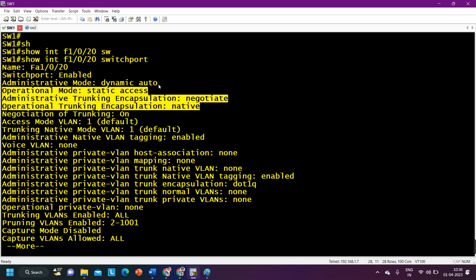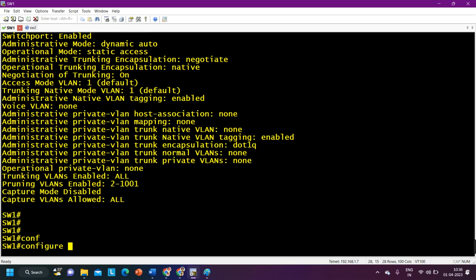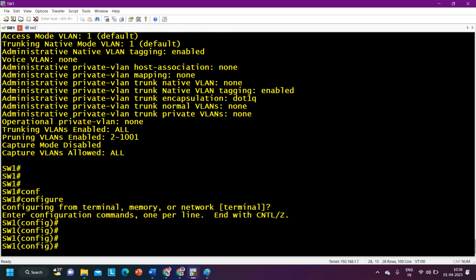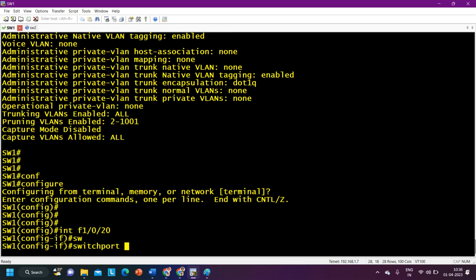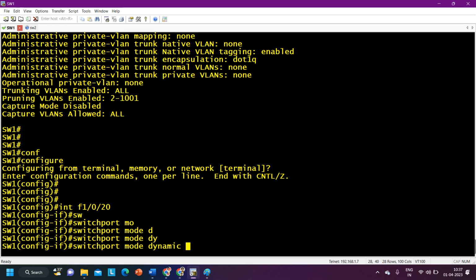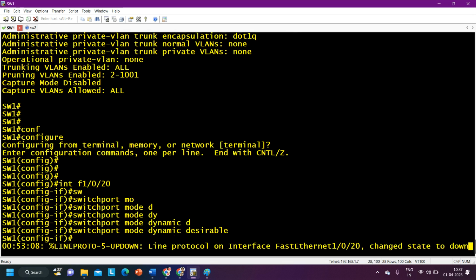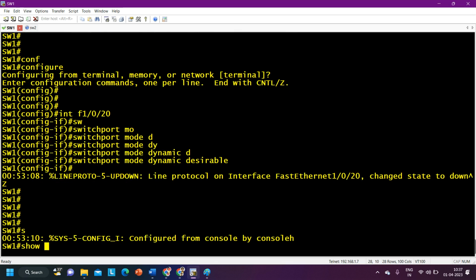Okay, now I am going to change this administrative mode of switch port. I am going to say interface F1/0/20 and switch port mode dynamic desirable. Yes, I have configured it dynamic desirable. So now if you check show interface trunk,